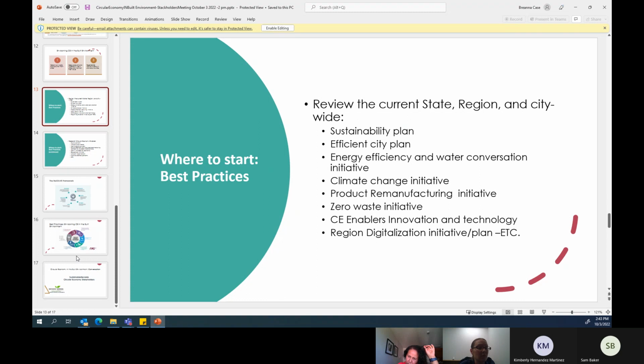What do we do? Let us return back to ourselves. So wherever, for example, the climate change initiative, the governor's office, the energy efficiency governor's office, they have a sustainability plan, efficient city plan, or energy plan, let's go through that.